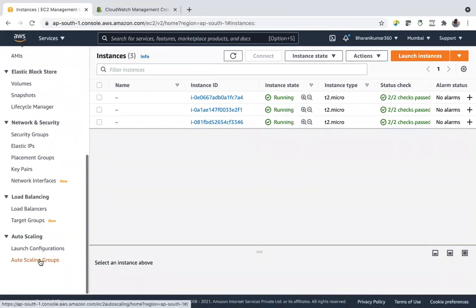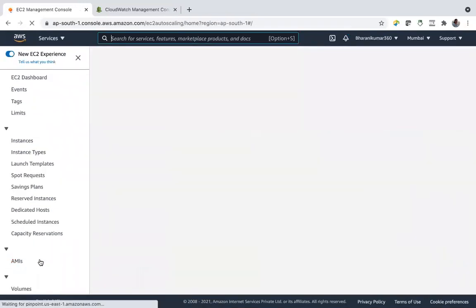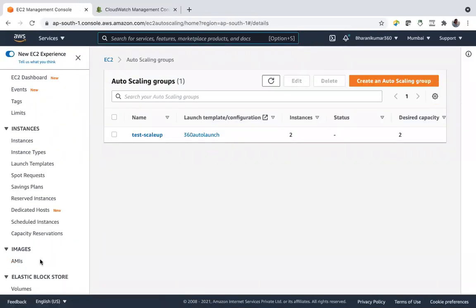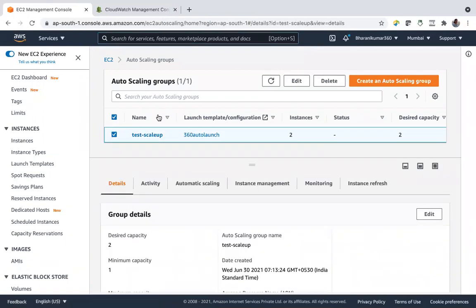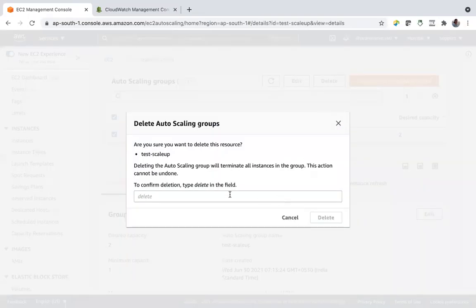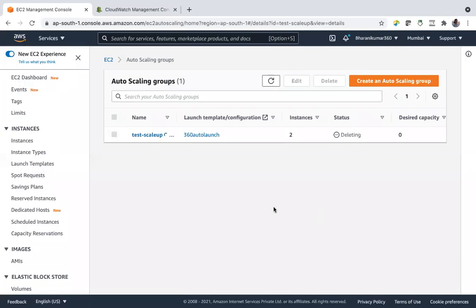And when you delete your auto scaling group, never leave your auto scaling group. Your auto scaling group always ensures that your desired capacity of instances are up and running always. So delete your auto scaling group immediately, and the instances created by your auto scaling group will also get deleted.